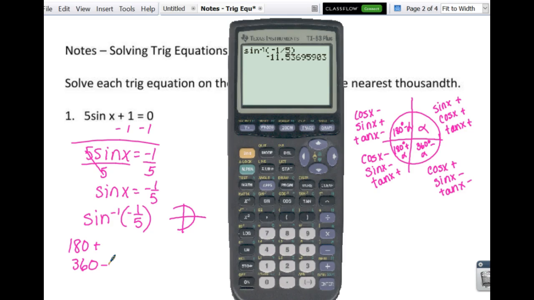Okay? So what I want to do is I want to store it. I'm going to store it, but I want to store the positive one. So I'm going to do the inverse sine